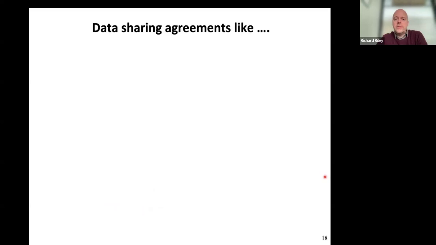Thinking more about what data sharing agreements are like. This is where my university has to agree with your university or place about how your data is transferred and how I'm going to use it, how I'm going to store it, whether there needs to be agreement on publications, loads and loads of back and forth.